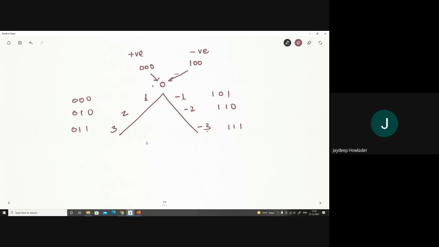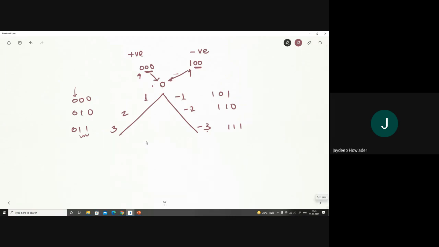What did we say in the previous discussion? We said that the most significant bit determines the sign and the rest determines the magnitude. So this is a positive 0, and similarly this is a negative 0. Understand? But this concept does not fit in our natural mathematics, where we don't have the concept of positive 0 and negative 0. So we moved to another representation, which is called the 2's complement.